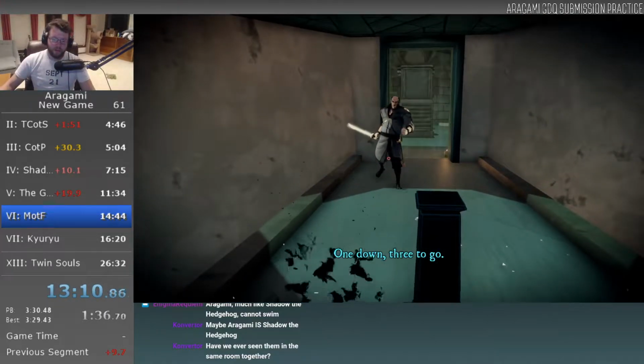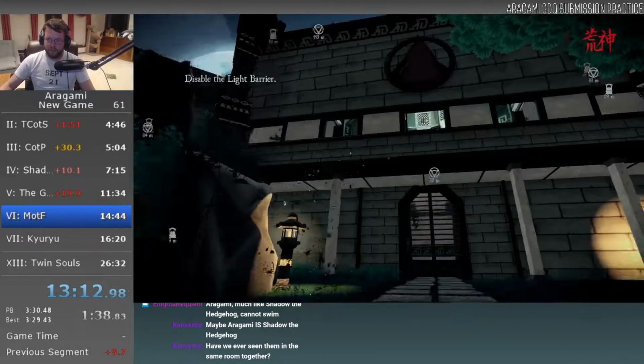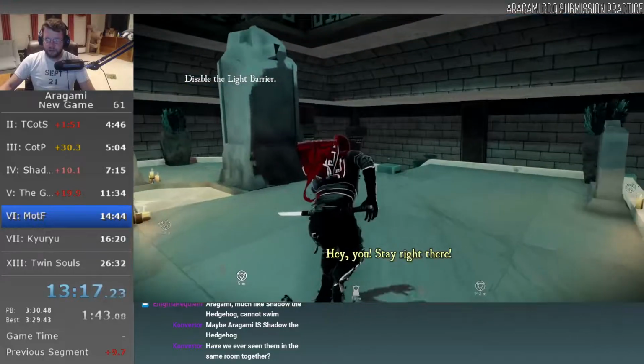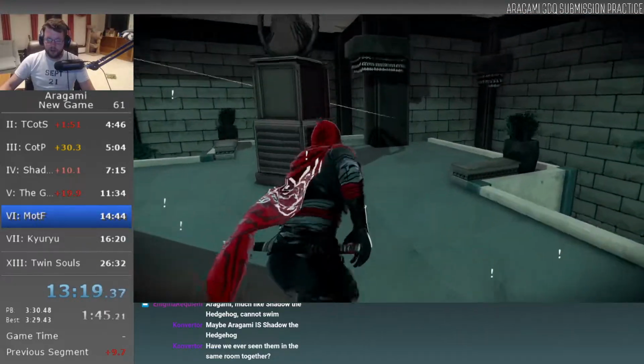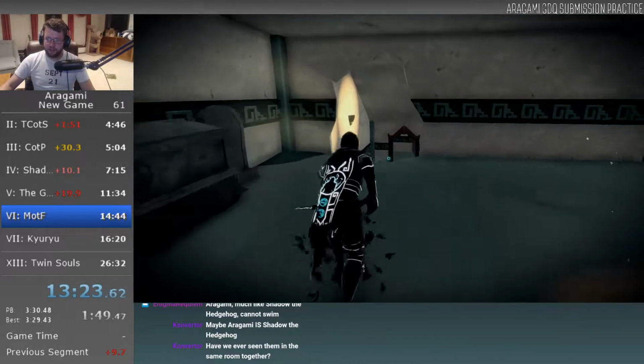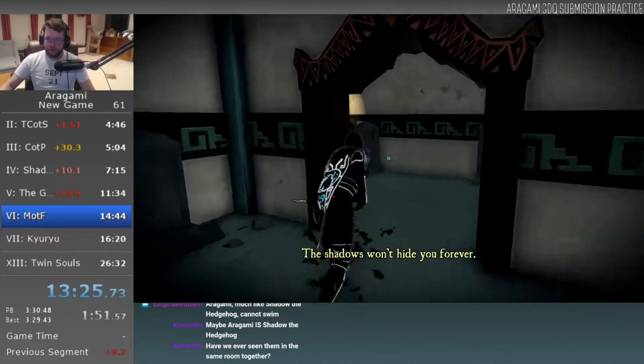Yep. Okay, I'm going to have to use an invisibility here. Ideally, I don't want to use my invisibilities. Not for any specific reason. Using invisibilities is fine, but it does mean I have to recharge them. And that takes a couple seconds. No. Ideally, I don't have to recharge any, but...